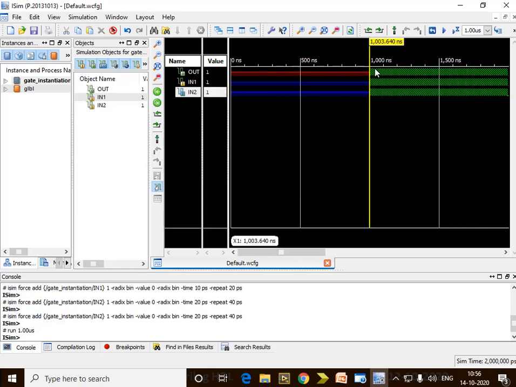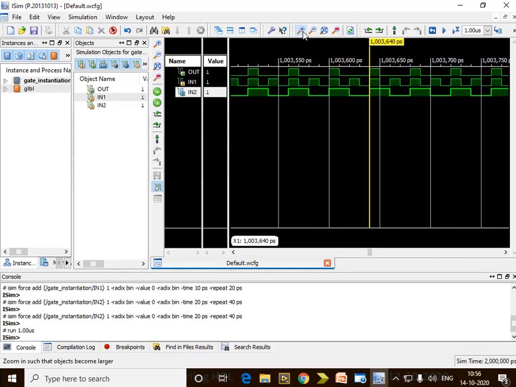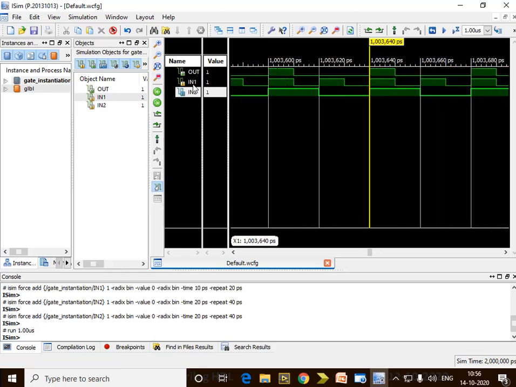Click at the beginning of this time period and zoom in as much as possible. Now can you see here? The input 1 time period was 20. Look here, 1,003,600, and here 1,003,620. So 20 time period. And what was the input 2 time period? From here it is 40.